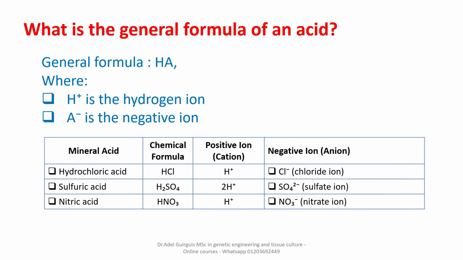So for a mineral acid like hydrochloric acid, the chemical formula is HCl. Its positive ion is the proton H plus, while its negative ion, or anion, is the chloride ion Cl minus. For sulfuric acid, H is the proton of the acid. This acid can dissociate and each molecule gives two protons. When dissociated, one molecule of sulfuric acid releases two protons in solution and one anion called the sulfate ion,